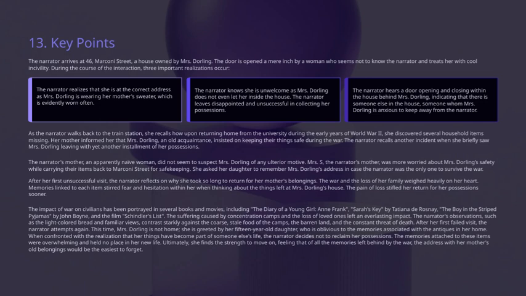As I approach, I realize I've arrived at the right address because Mrs. Dorling is wearing my mother's sweater, clearly worn often. The house at 46 Marconi Street belongs to her. When she opens the door, it's only a crack, and she seems not to recognize me. She treats me with cold civility. During this brief interaction, I come to 3 important realizations. But more than anything, I understand that these moments connect to the bigger picture, the ongoing theme of loss, memory, and moving forward after the war.